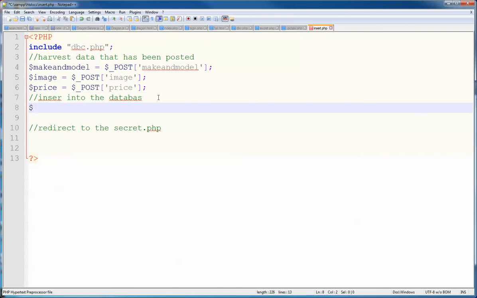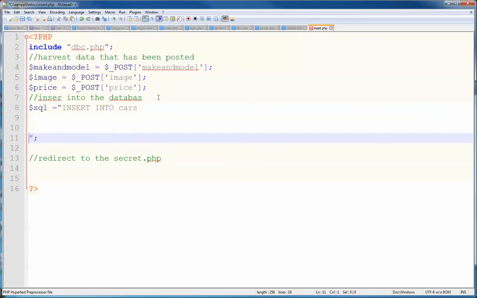I just need the SQL, so I'll create an SQL string. And we're going to create an insert statement. So the way that we do this is we say insert into. So that's the SQL command. And we need to put the name of the table we're inserting into, in this case cars. We put some spaces here, keep it on different lines. And what I want to insert into is the column names. And then I've got some parentheses there, values, and then I'm going to have some parentheses here